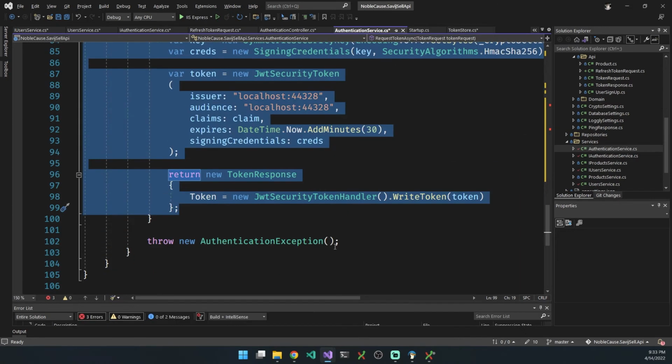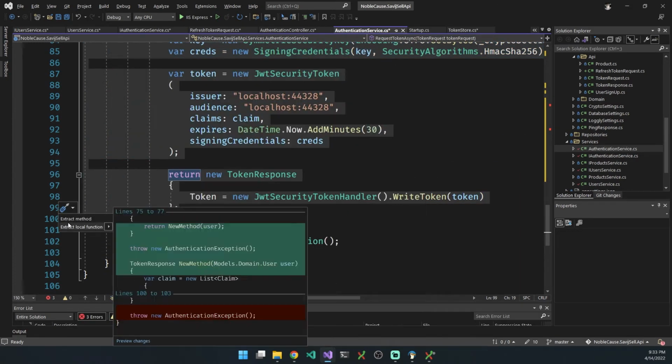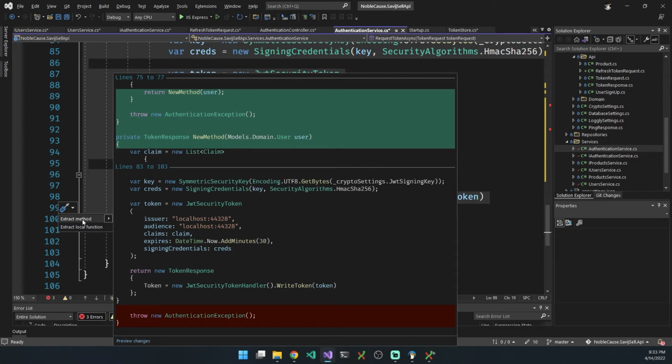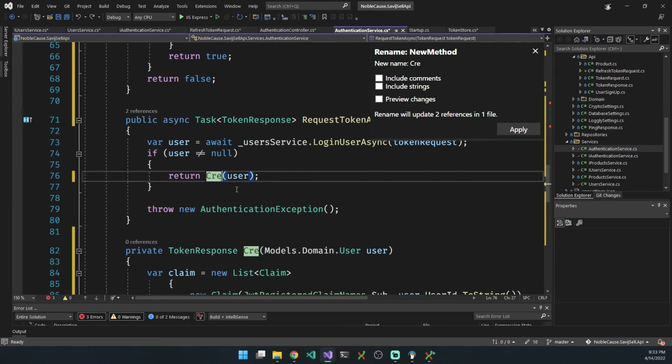Whoa, that didn't work good. Alt Enter. There we go. And you can see that it pops up here, extract method, and that's what I want to do. I want to take all that code and turn it into a method call or a function. And so I'm gonna select this, and it says give your new method a name. Well, this is just create token, and hit